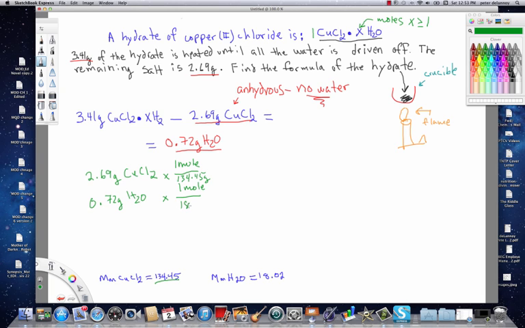And the molar mass of the water is 18.02 grams. So we get the moles from this. We shift colors again. So the moles of copper chloride, the anhydrous salt, will be 0.02. And I'm just going to string my numbers out. I like to do that. And the moles of the water,